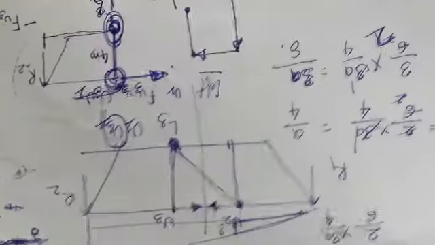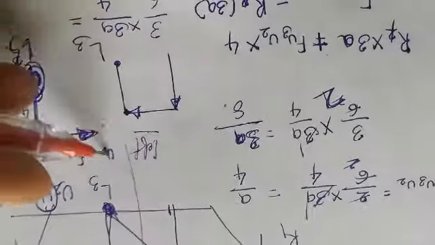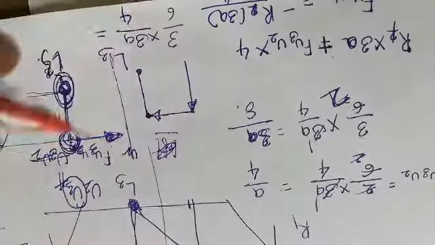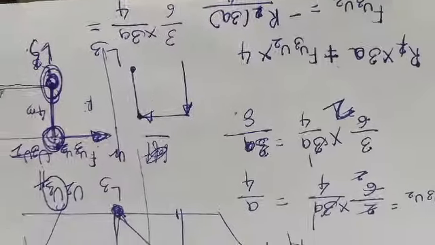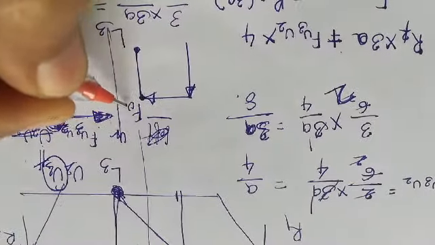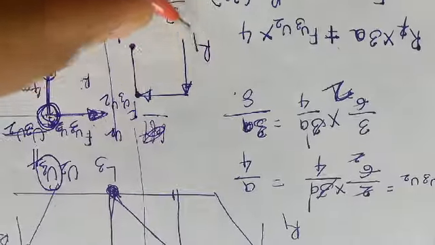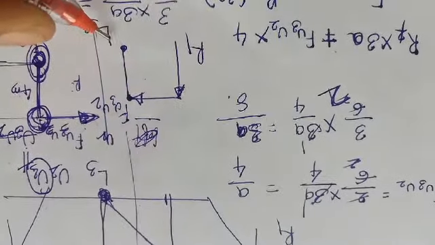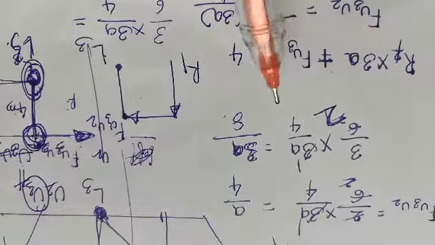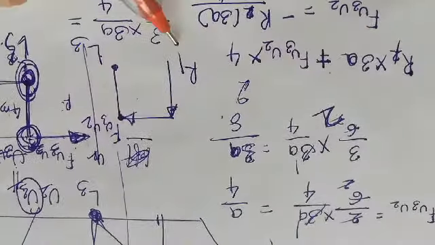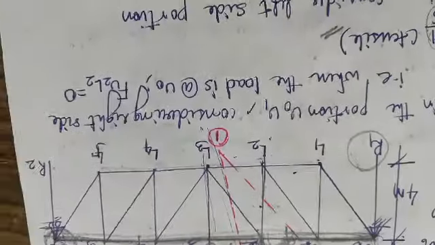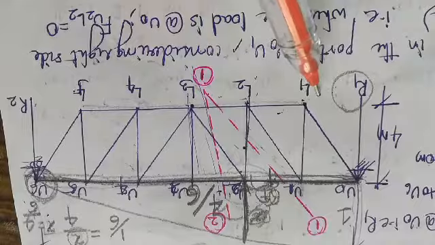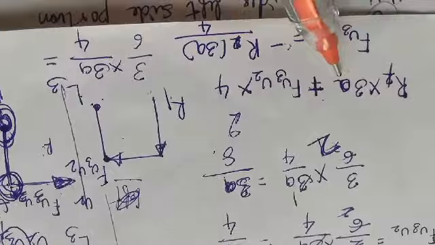And this is compressive in nature. Next, when I take the right side, this is now when I take the left side equilibrium and this is my right side. Now when I take that, now force is this U2 U3, this is my R1. Now if I take summation of all the moments at L3 again, that time it will be how much? Clockwise positive, anti-clockwise negative. So R1 into the perpendicular distance from R1 to L3, that is 1, 2, 3 parts. So it is 3 times R1 into 3 times A,